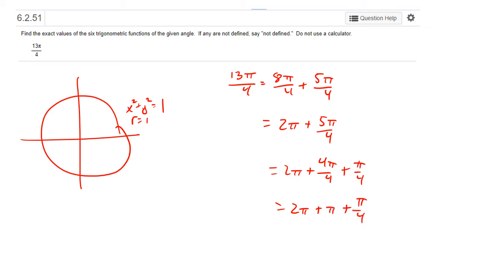The reason I've written it like this is so that we can come back to this circle and say, I want to start from the positive x-axis and start going around the circle in a counterclockwise motion. The angle I have to do is 13 pi over 4, but what's easier to count off is a 2 pi and then a pi and then a pi over 4. So a 2 pi is go all the way around, a pi is go halfway around, and then do pi over 4, which is 45 degrees. So go all the way around and then do another half rotation plus a 45-degree angle and end up there. Specifically,